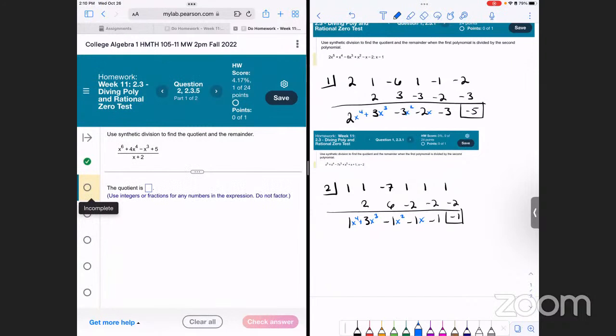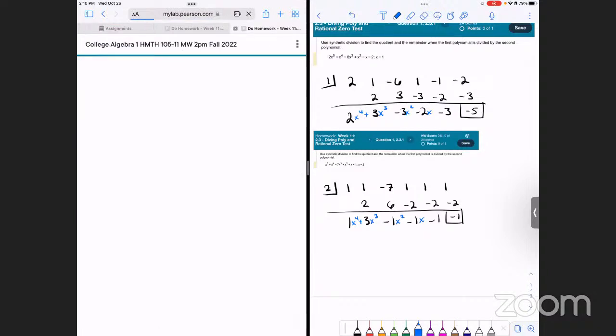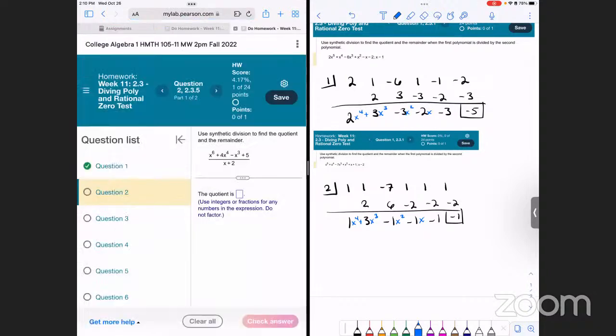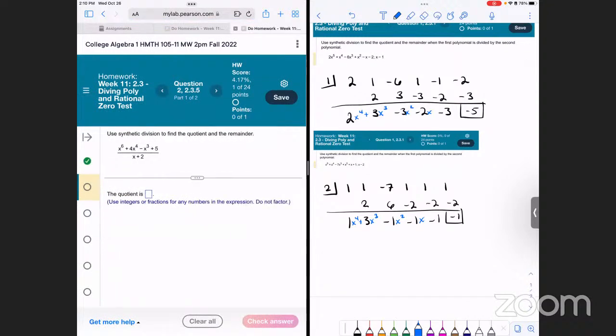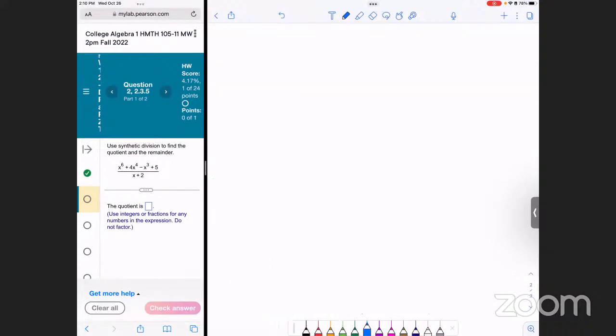Let me add some added security and hit save, so that way it should stick to those numbers. I'm just gonna kind of articulate it. I know the text is small, but I'm gonna try to work with this and see if it behaves a little bit better. Okay. So this is the question,